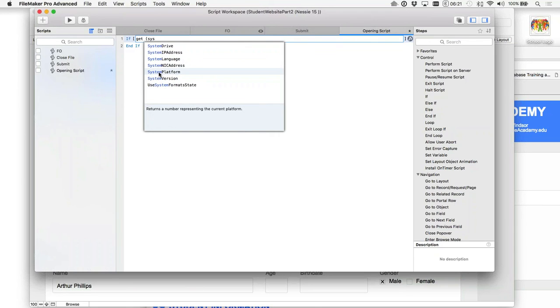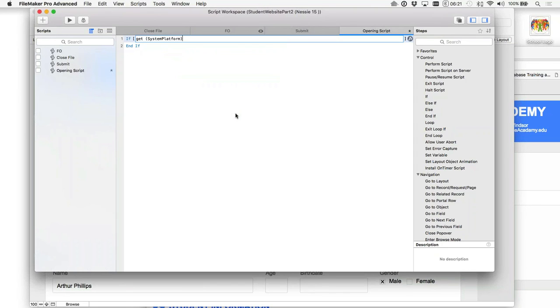So this function will return a number representing the current platform. What that means is, what client are you? In this case, we're looking for the number 4, which would specify that you're using WebDirect, a browser. So if it does equal 4, we're going to want to